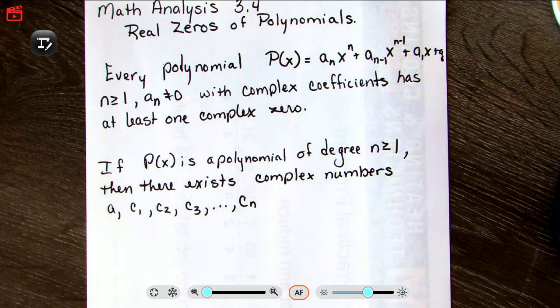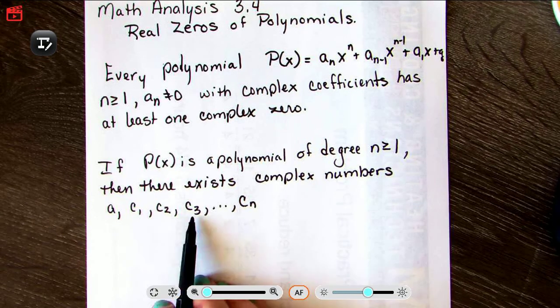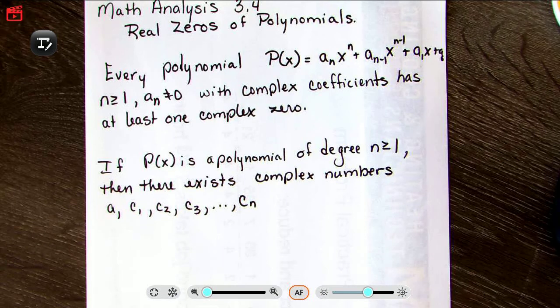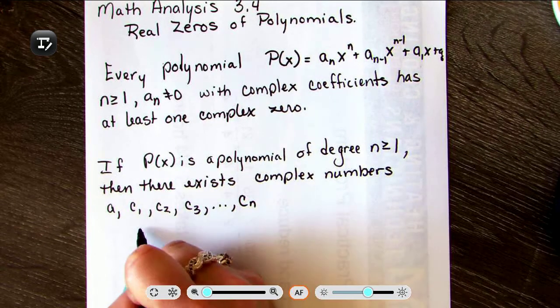So a third degree polynomial will have 3 possible complex numbers. They may not all be different. So we may have the 3 identical complex numbers, but we can rewrite